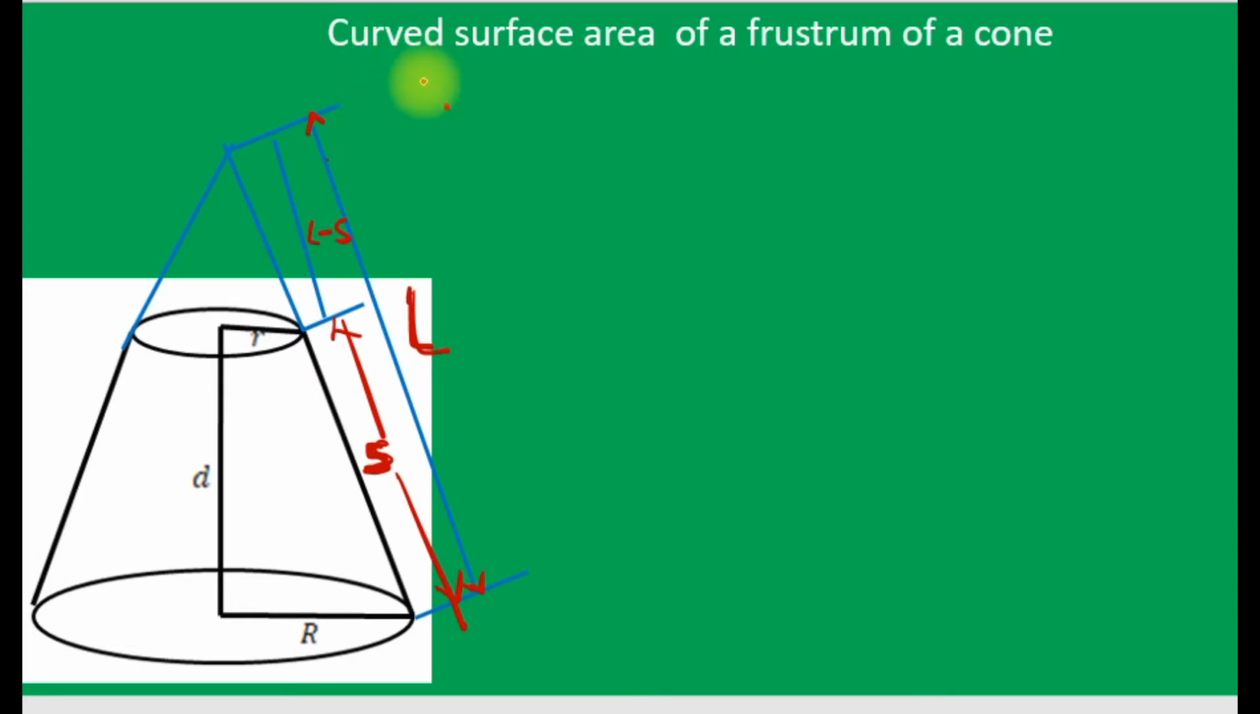So I'm saying that the curved surface area of the frustum is pi R L minus pi r, because I told you the big one, the slant height is L, and the radius of the big one is R. So minus pi r (L minus X). So that's it. Remember, we are not given L and X, we are just given D, which runs